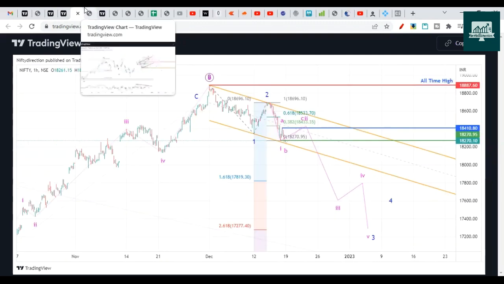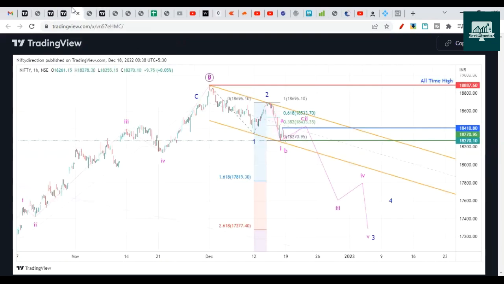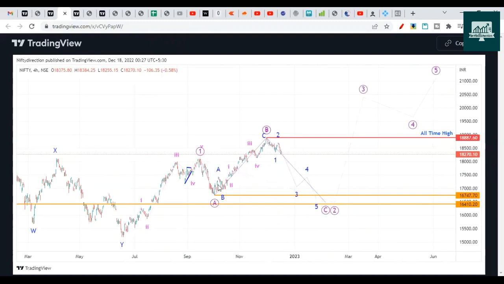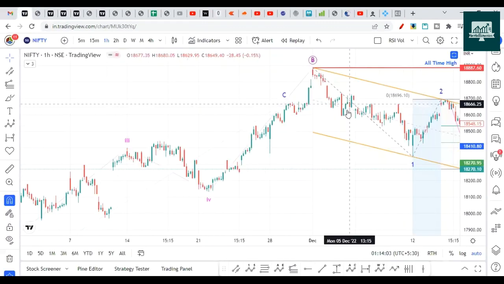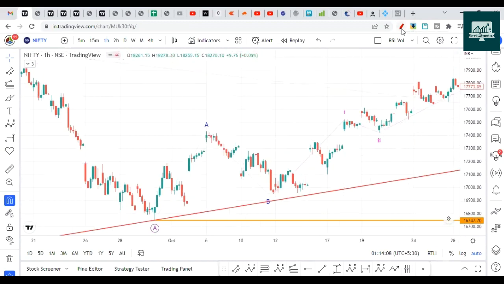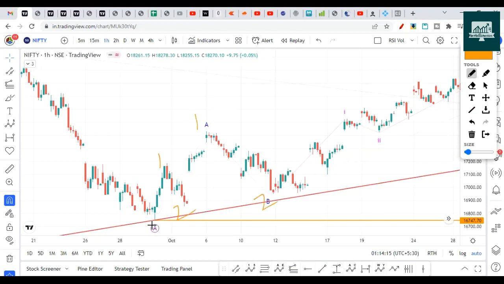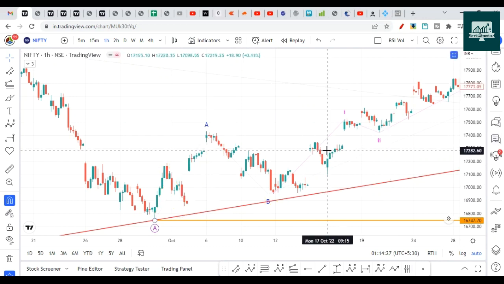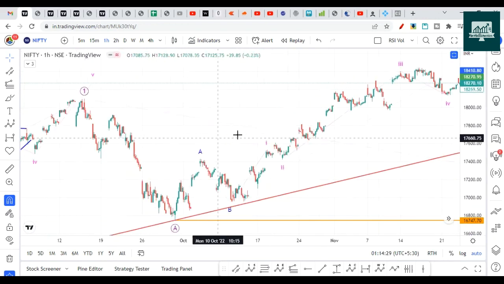And as I said, based on this 3-wave structure that has formed here in wave A, let me show you on the chart. So you cannot label this as an impulse structure. If you are labeling it, I don't know how you can label it. You can either label it 1 2 1 2. That also I don't like here. And yeah, it's most likely a flat correction, A, B, C. Okay, so this is how I'm labeling this as a wave, and this gives me the confidence to consider this as an expanded flat correction.